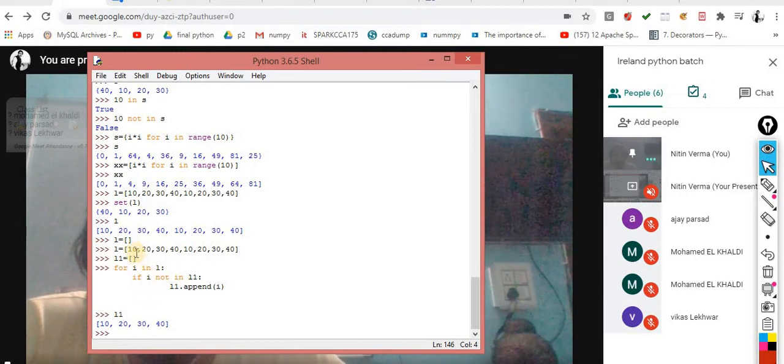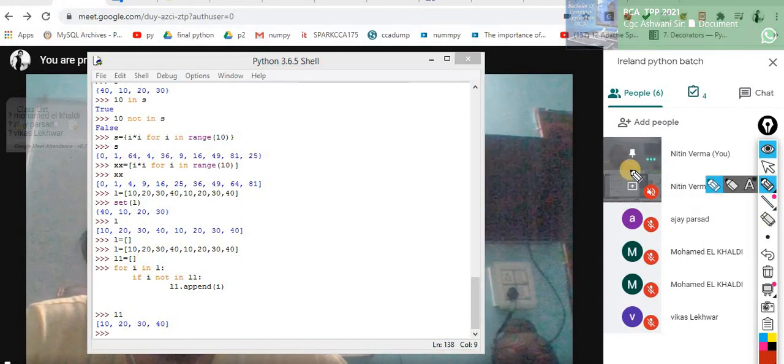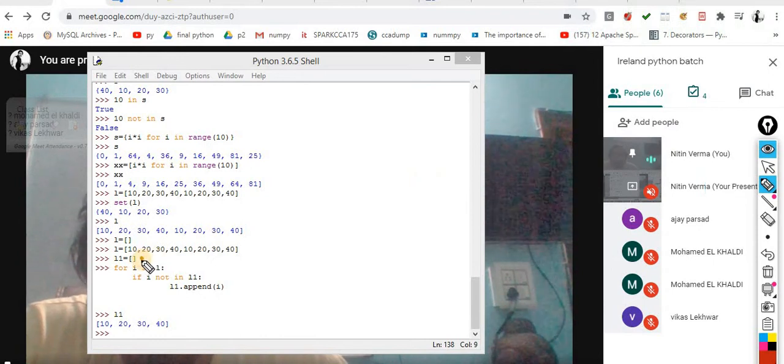Now understand this: the first value I got is 10. If 10 is not in L1, then you have to add 10 over here. In the first iteration 10 is not available, so 10 is added over there.